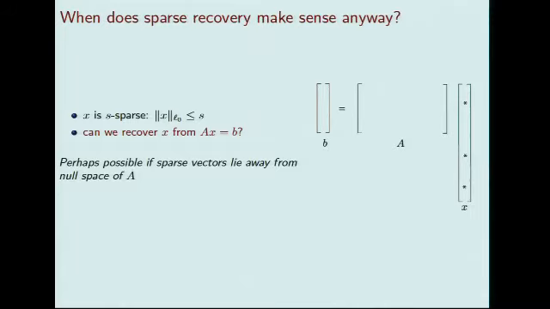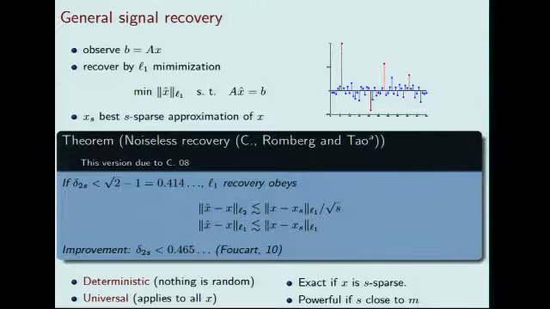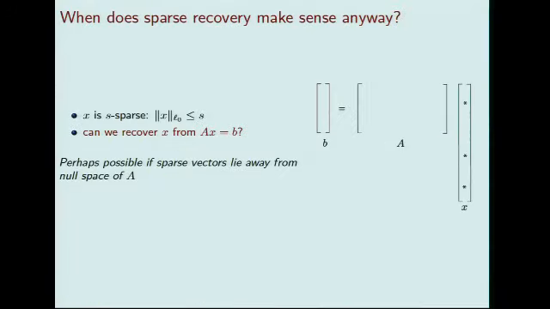Okay, so this is a universal result, and we need to talk about universality a little bit. And so one can ask, when does sparse recovery make sense anyway? Okay, so we have an underdetermined system of equations to solve. I may tell you that the solution is sparse, so that you know that the number of non-zero coefficients in the right-hand side is at most s. Is there enough information in b to actually recover x, knowing that the right-hand side is sparse?